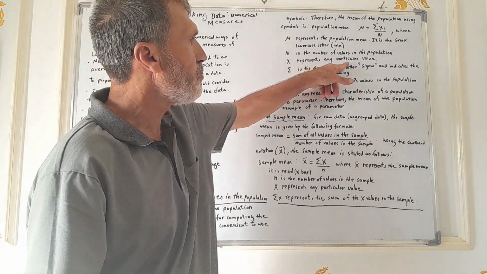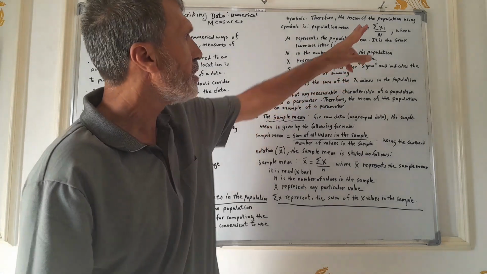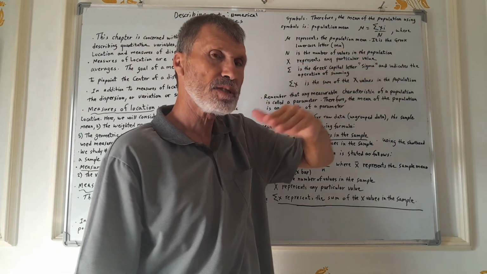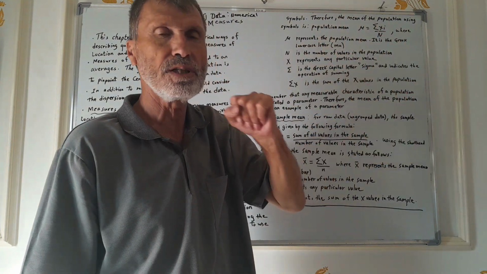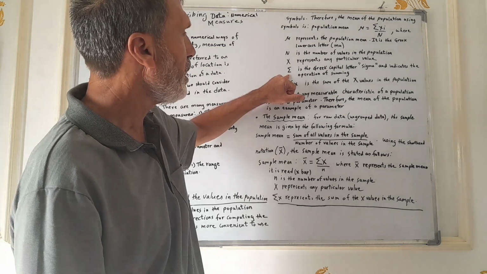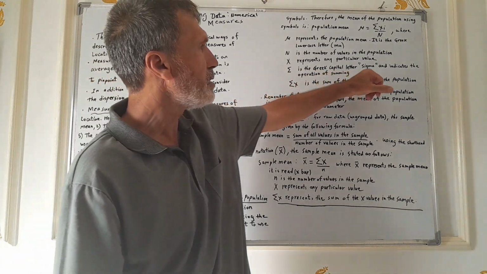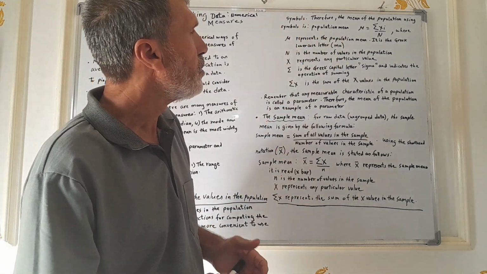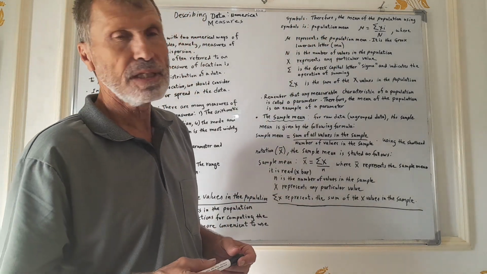X represents any particular value. So here, the summation of xi, where each x represents a particular value in the population, and this sigma is the Greek capital letter and indicates the operation of summing,